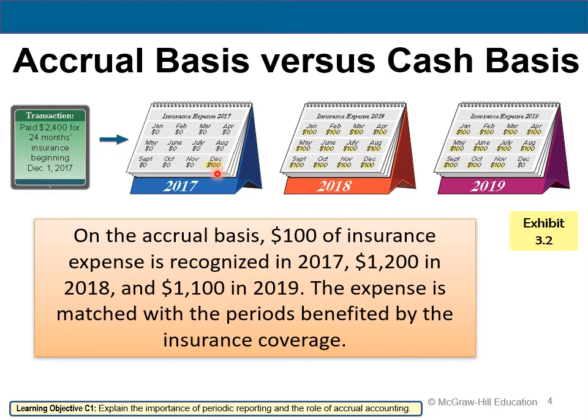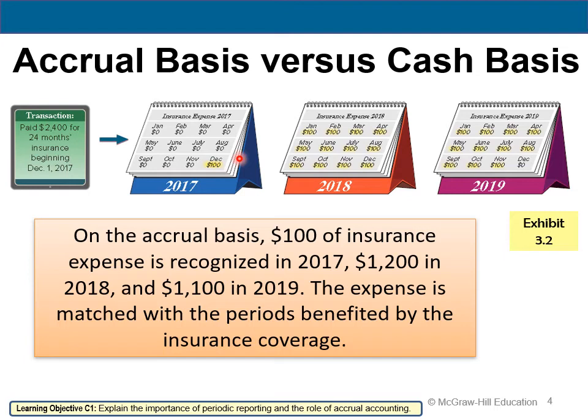Now, under the accrual basis, the check for $2,400 is written, but you don't recognize it all at once. You only would recognize expense at the rate of $100 per month. So accordingly, you'd have $100 related to the month of December